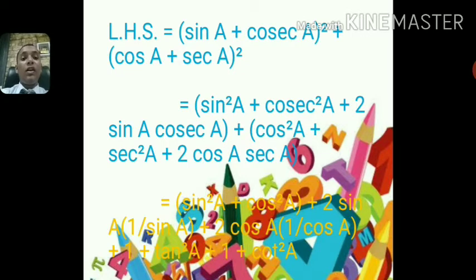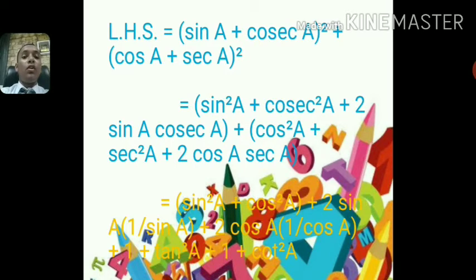The trigonometric identity of cosec square a is equal to 1 plus cot square a, and the trigonometric identity of sec square a is equal to 1 plus tan square a. So putting these values,